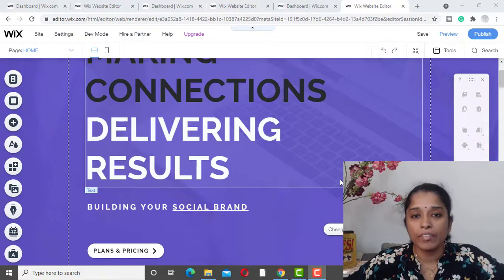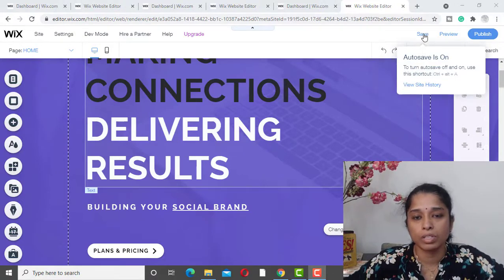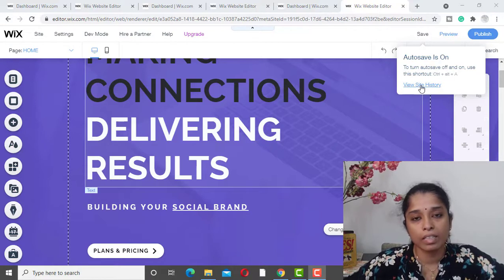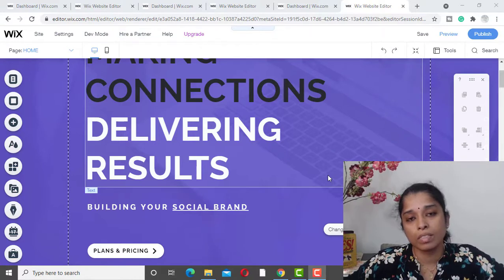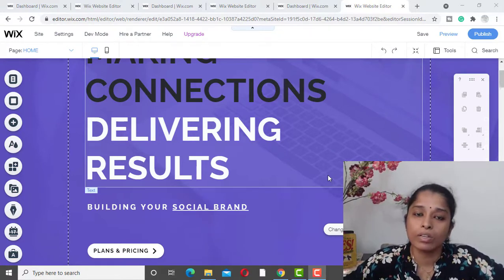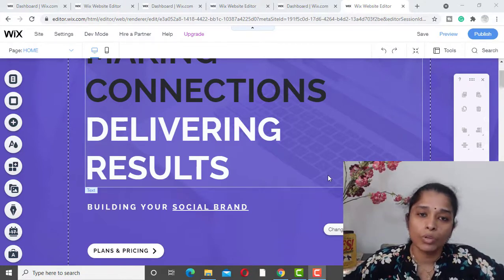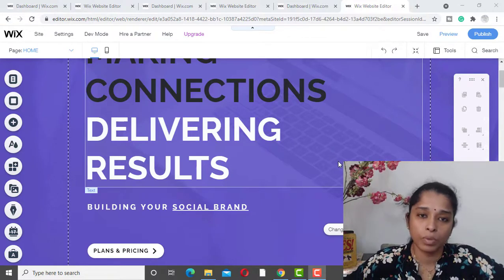As I said already, every part of the work should be saved when the work is done by using the save option. Yes, while clicking the save option, you can see the view history link. What is this view site history link? Each and every time we save the site, when the work is done, it will be recorded in the site history. So if anything goes wrong in the current site, or if we have lost data, we don't need to worry about that. We can revert it back to the past work of the website.